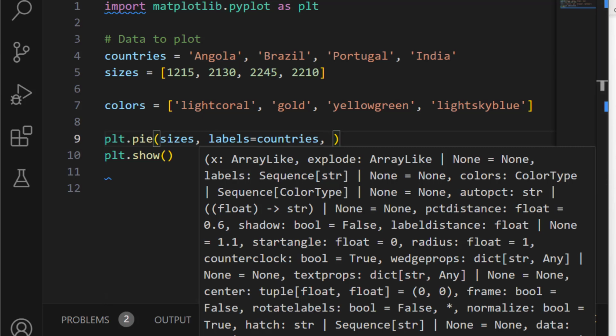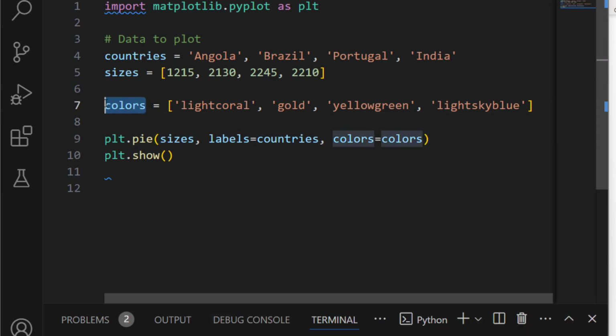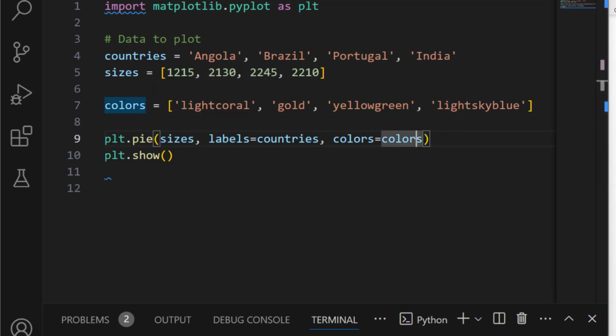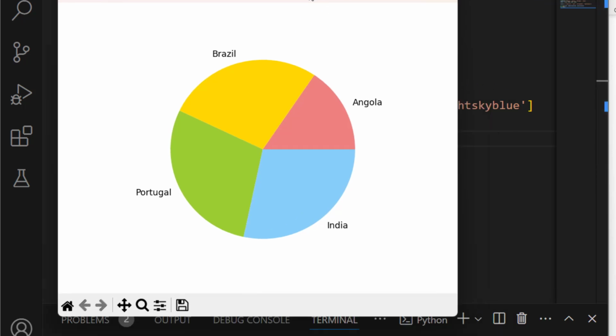Then I just need to give something like that, colors will be equal, then I just need to give the name of my colors. So let me give colors will be equal colors. This variable can be any name, whatever you want. I'm just giving colors so that you can know what we are doing. So if I pass colors, save, and if I run this guy, let me see what we get. Boom, now we have kind of good colors.